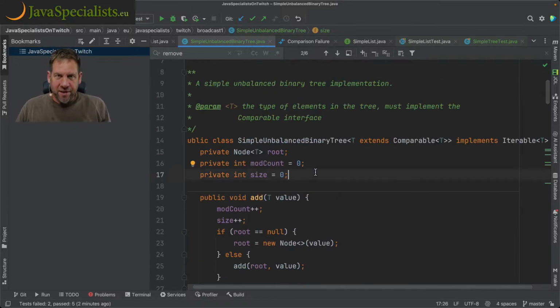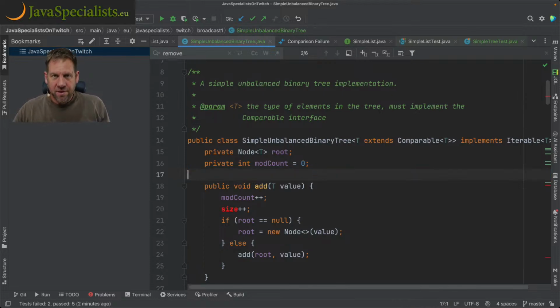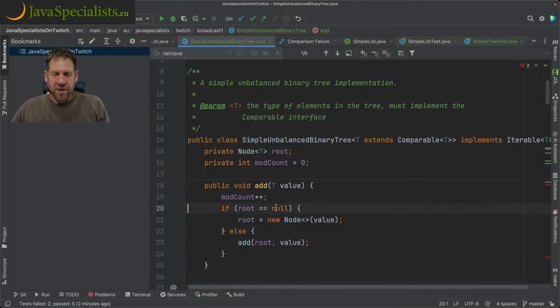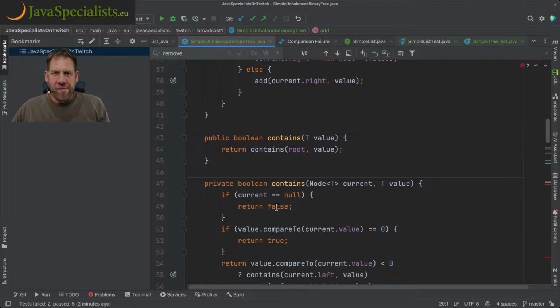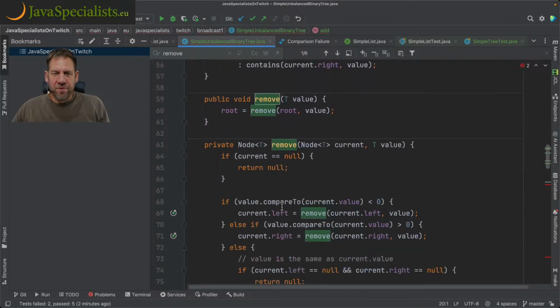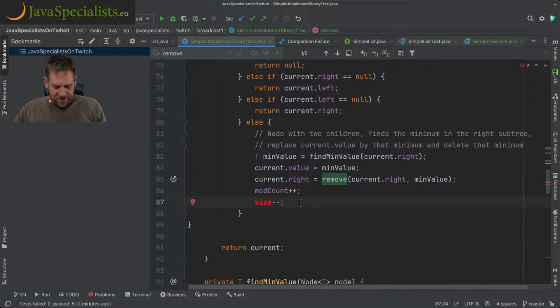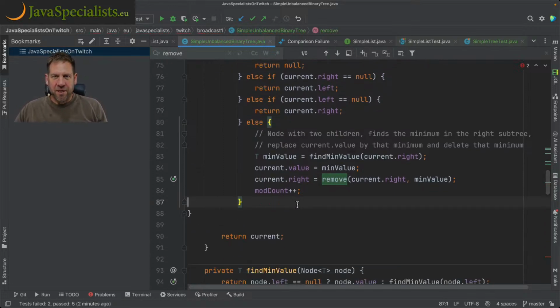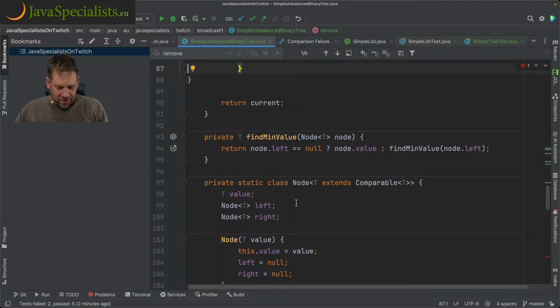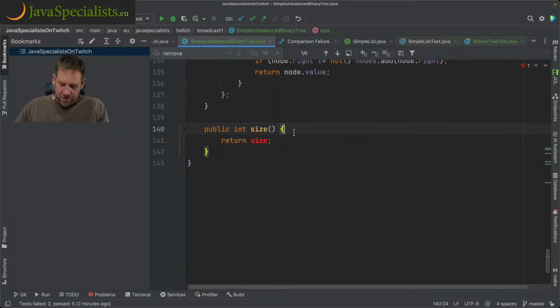Let's do the following. Let's go to size. Let's get rid of the size. Because it's going to make it more complex. And the remove also, the mod count's not going to be correct either, because if you don't actually remove anything, it shouldn't change it. But we're going to change it, and the size we're going to also change to simply count. So we're going to say